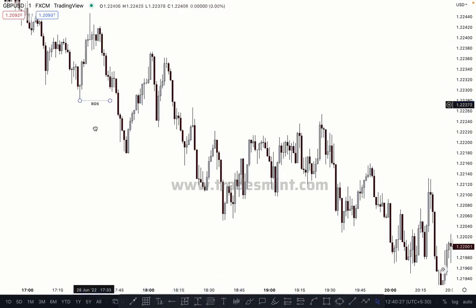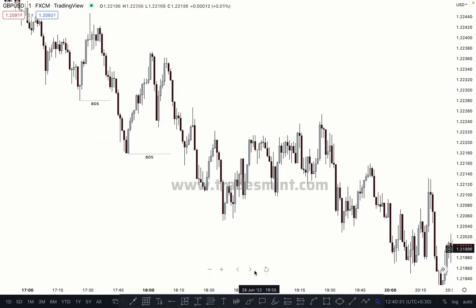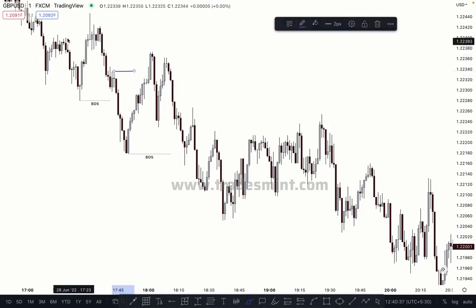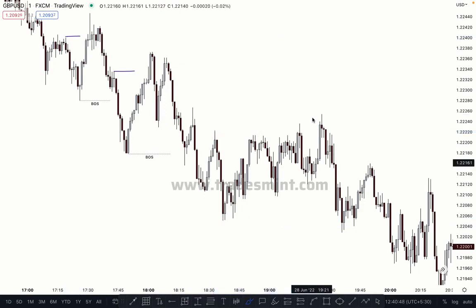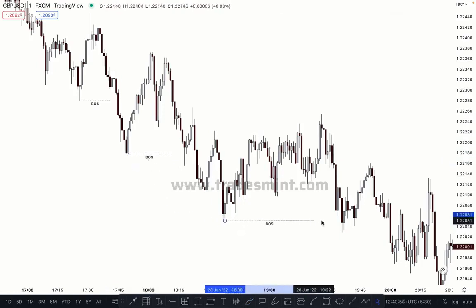And one more thing, this one is another structure, because the market takes the recent high here. This one is a valid structure, this one is valid, and another structure is here, because the market takes this high, correct. So this is our plan, but why and how are other people looking here for buy or sell? Exactly, I will show you.